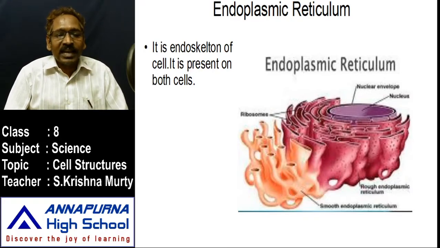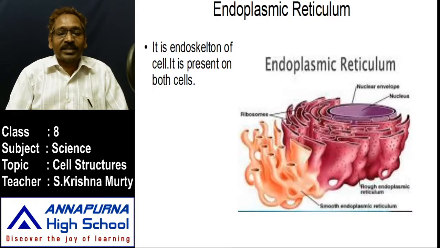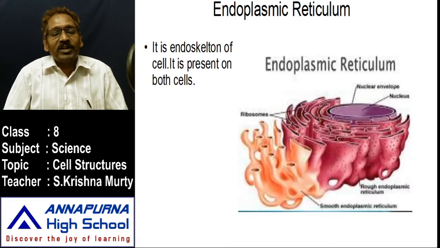Endoskeleton means a skeleton is present in the internal part to protect internal organs. When a skeleton is present outerly, that is an exoskeleton. We also have one kind of skeleton. What is the skeleton present in the human body? Endoskeleton is there, the skull is there, the skeleton is there for us, as well as in the inner cell it is also contained.